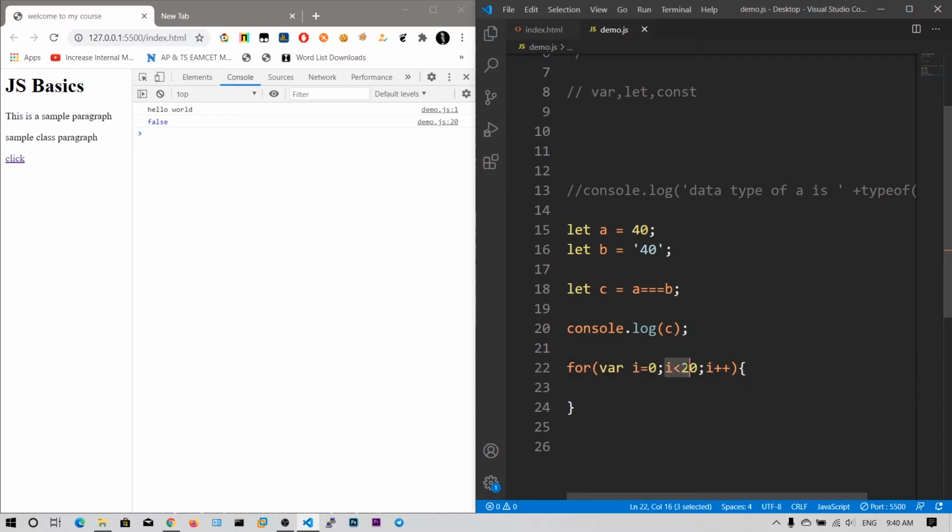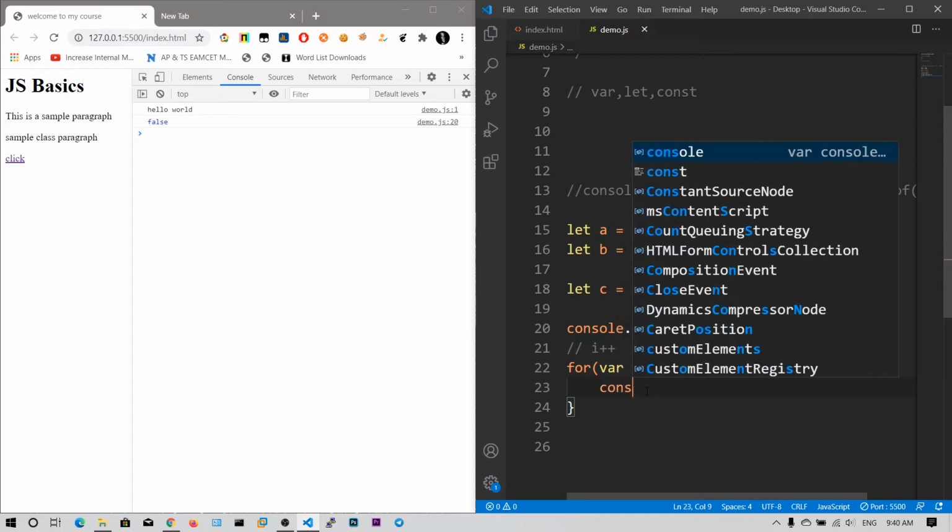and the second one is the comparison statement, where we compare i with 20, i less than 20, and then we increment i++. So i++ means i = i + 1, we are just incrementing the value of i. This loop will execute as long as the condition i < 20 is satisfied. Suppose after looping 19 times, you get i = 20. After checking, this condition becomes false, and the code inside these braces will not get executed.